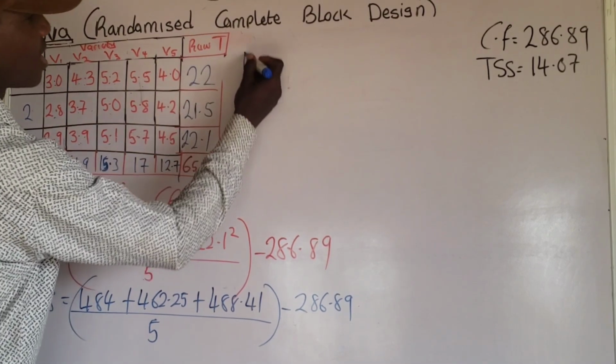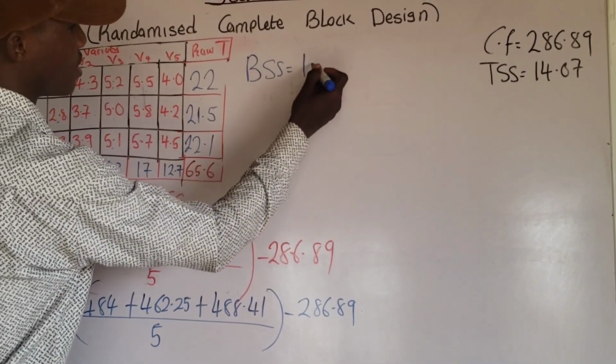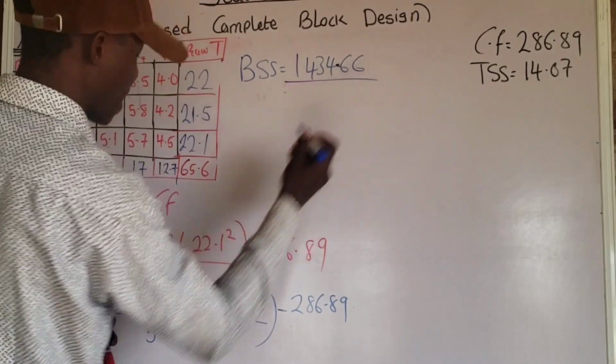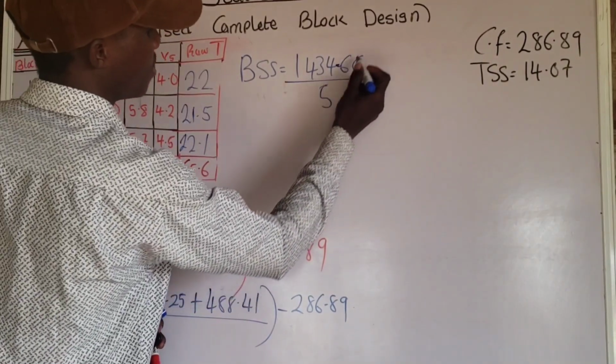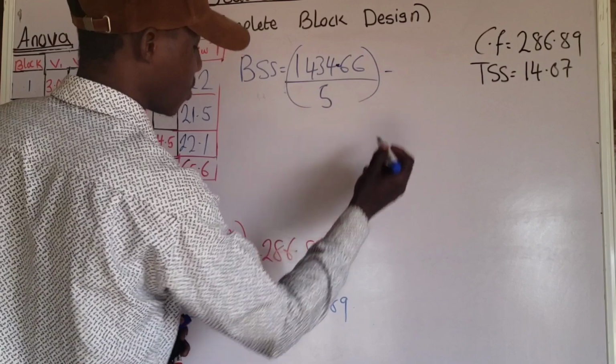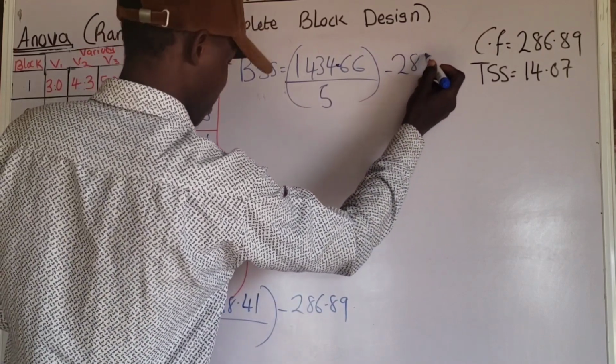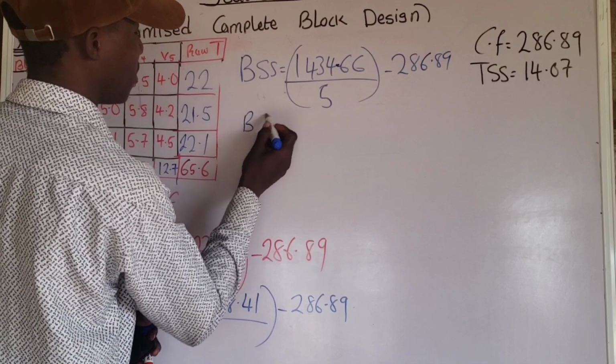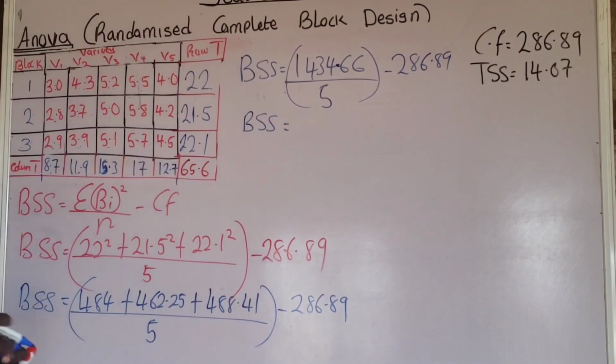Let me write it here: 1434.66 divided by 5 minus the correction factor, which is 286.89. So the block sum of squares is equal to 1434.66 divided by 5, that is